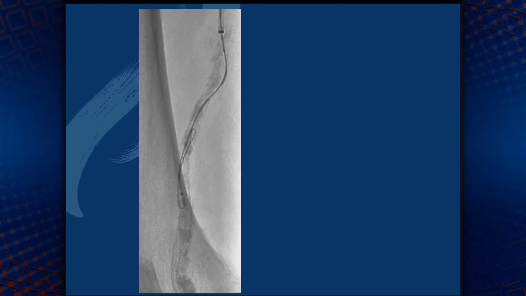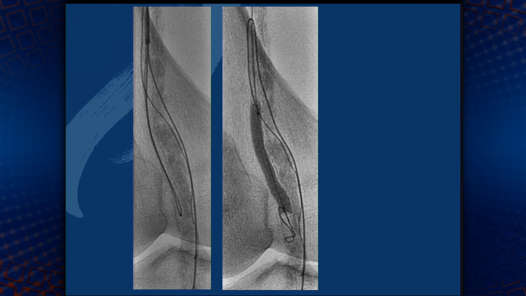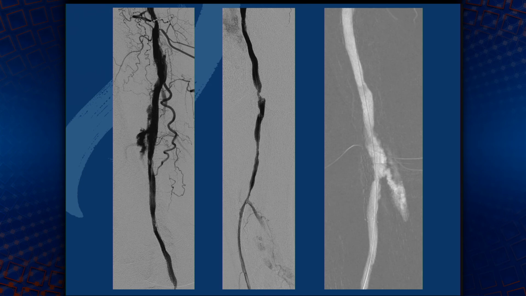and as you can see here, it was not possible to go through the lesion, so we made a retrograde puncture of the proximal part of the tibial anterior, and after a cart maneuver we managed the guide wire passage, and dilated this area with a 6 mm balloon. Here's the control angiography, where you can already see a recanalized vessel, but with massive recoil due to the calcification,